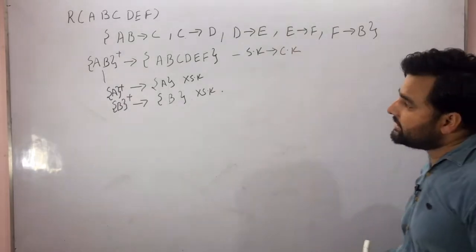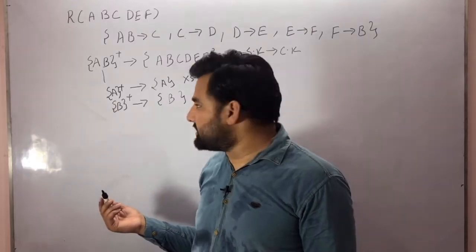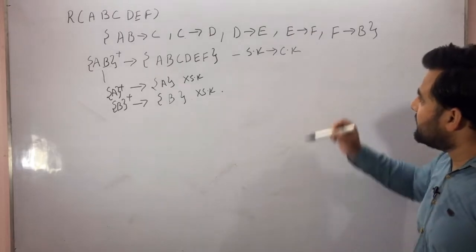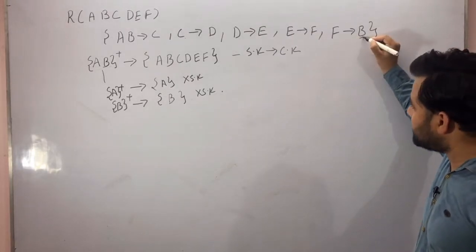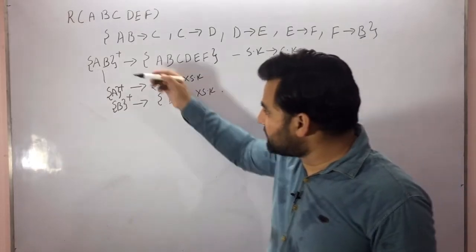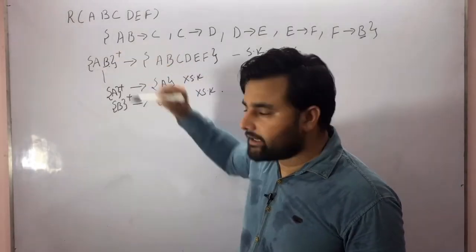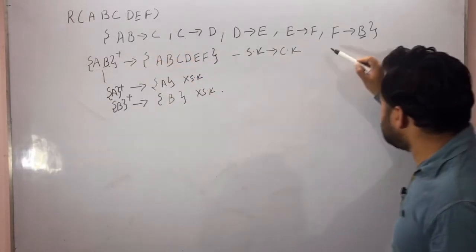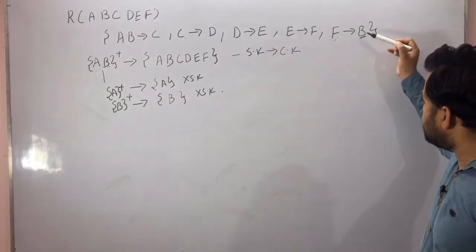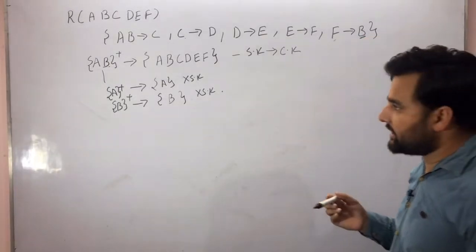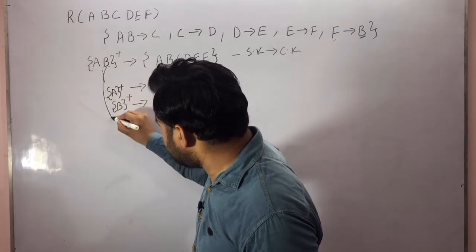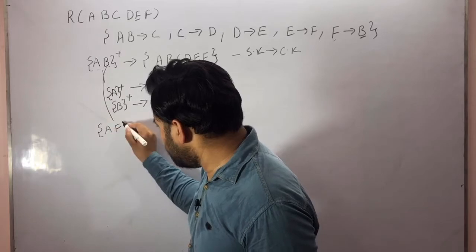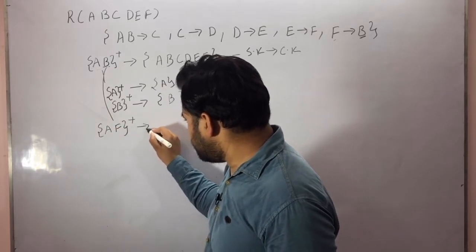Okay, so let's see whether other candidate keys are available in this relation or not. We'll check for AB. Student, you can see that on the right-hand side there is a subset of this candidate key. So what is the meaning? B is determined by what? F. So this B will be replaced with F in this case, and A will come as it is. Now we'll find the closure of AF.